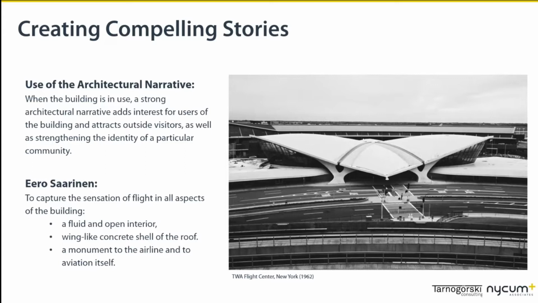So the piece that you see on the right-hand side here is by Eero Saarinen. And this is the TWA Flight Center in New York, which is actually a pretty old project. It's a 1962 piece, to juxtapose the library. But the architectural narrative of this piece was to capture the sensation of flight in all aspects of the building. So to have this be a flight center that feels like flight,